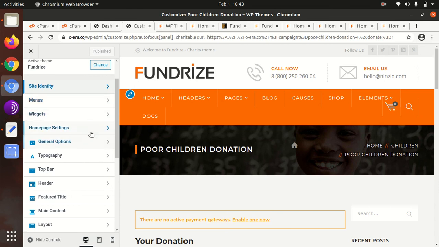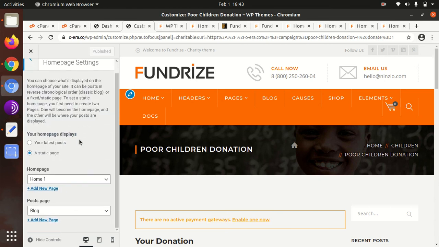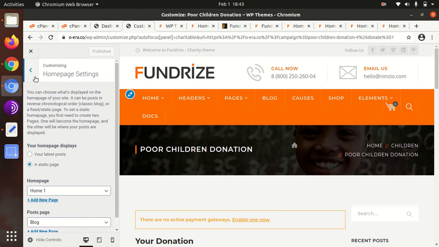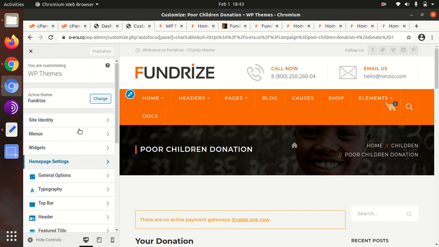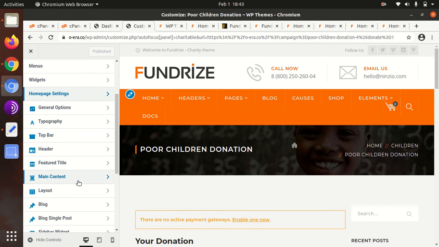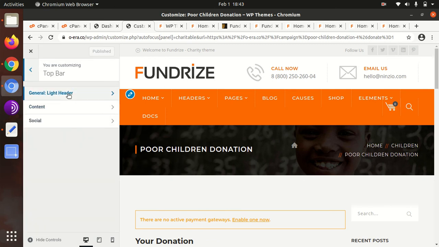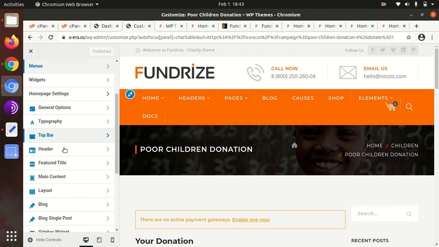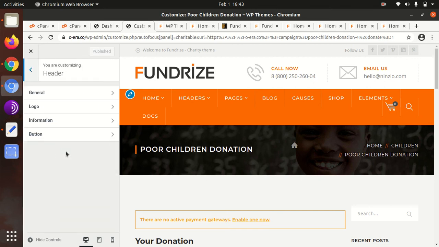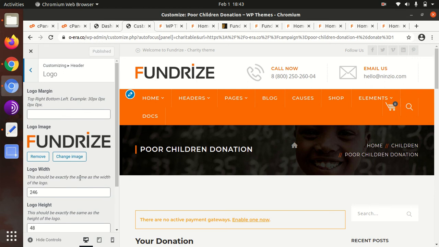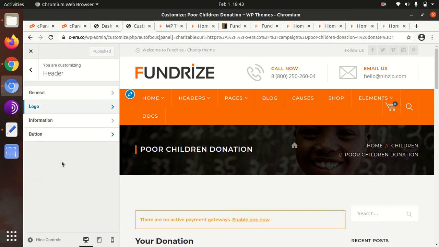Home page setting is here, you can choose any of your home pages. Top bar can be controlled from here, header and logo can be changed from here, so everything is here only.